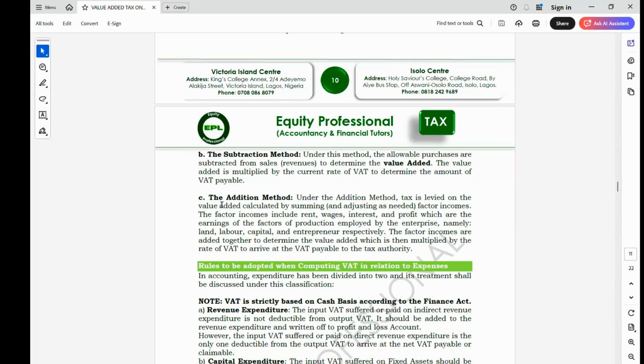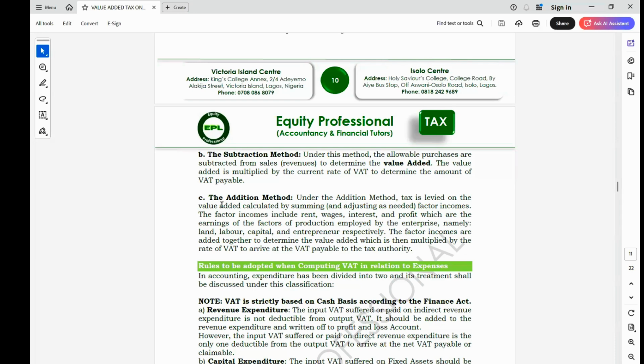So all these rewards generated by all the factors of production will be added together. When you add those rewards together, what you have is the value added. So this value added, you now apply the rate of VAT, which is 7.5% on this value added to arrive at the value added tax payable to FIRS. So basically, those are the 3 methods